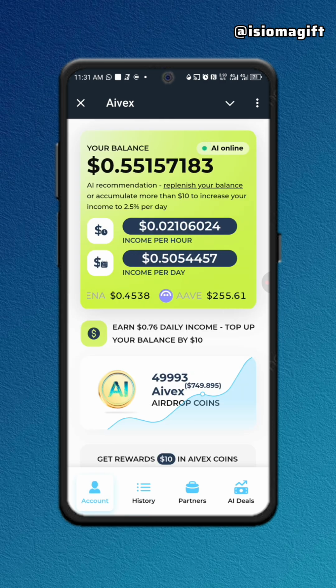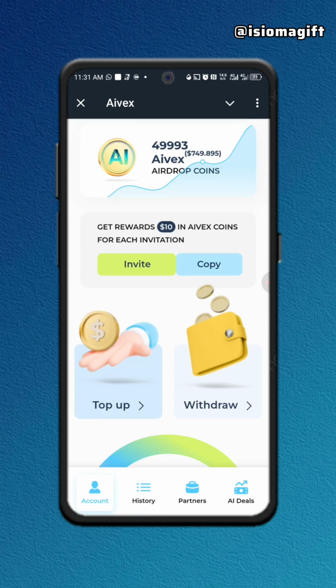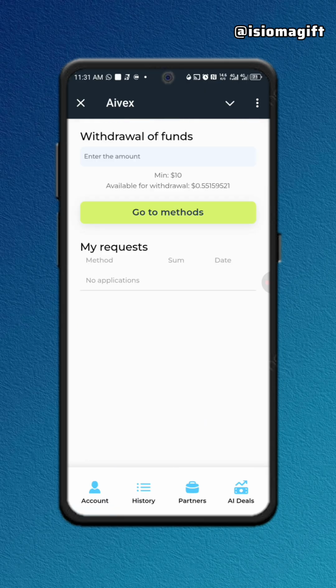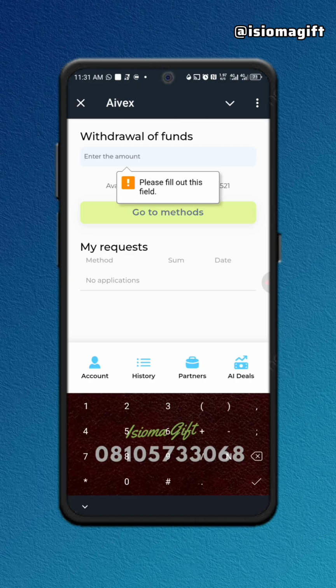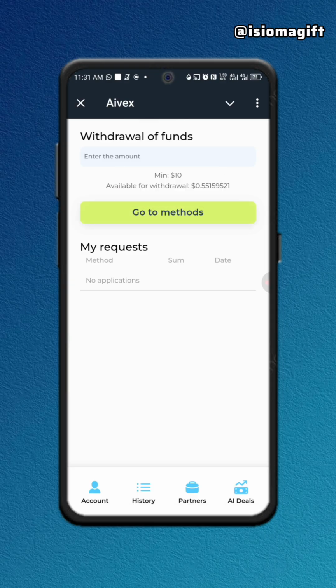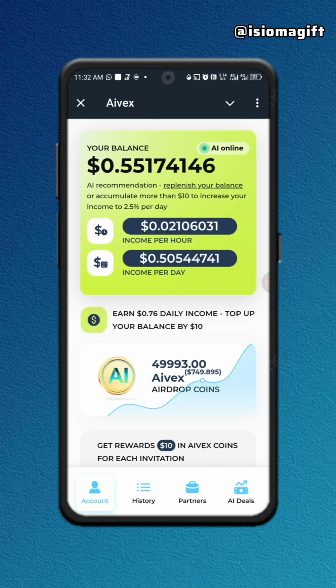And for you to withdraw, minimum withdrawal is $10. All you just have to do is to click on withdrawal. Now you don't need to deposit before you withdraw. You can literally withdraw anytime once you get minimum withdrawal. Okay, just come to that section. You'll be asked to enter the amount. Okay, so after inserting the amount you want to withdraw, then click on go to method. You'll be asked to give your wallet address, submit your wallet address, then you proceed. All right, in due time your money will be credited into your wallet. As you have seen here on this video, it's that simple.